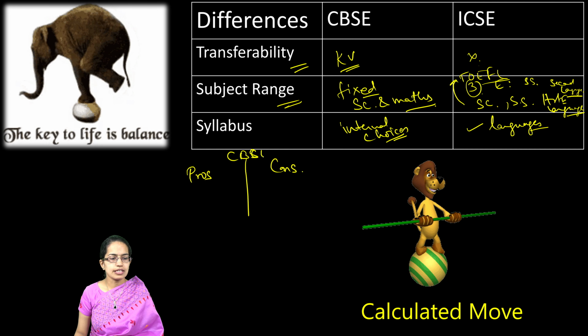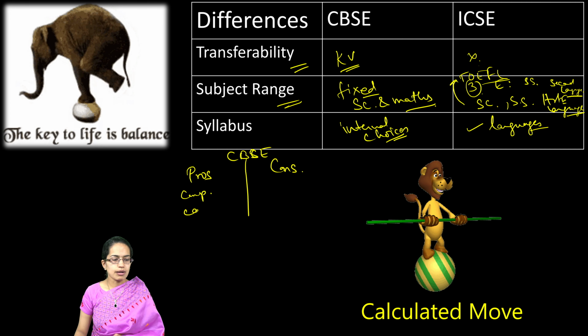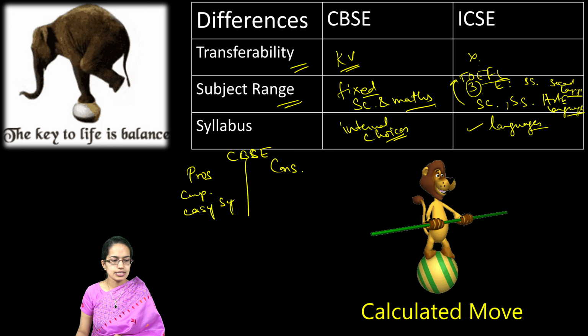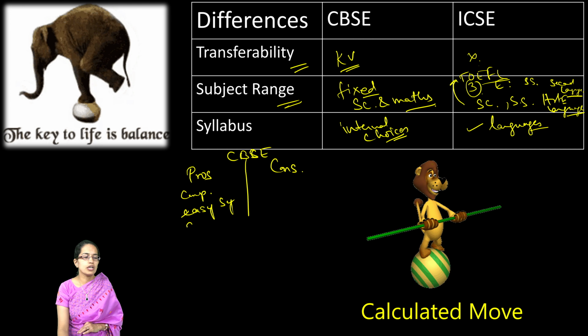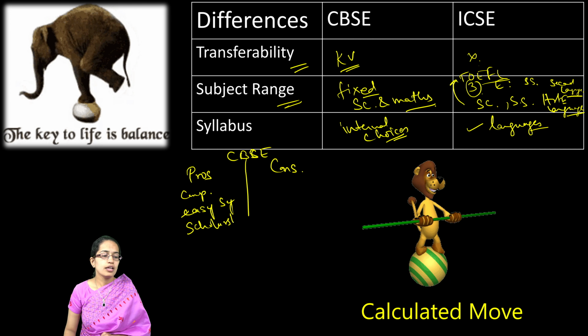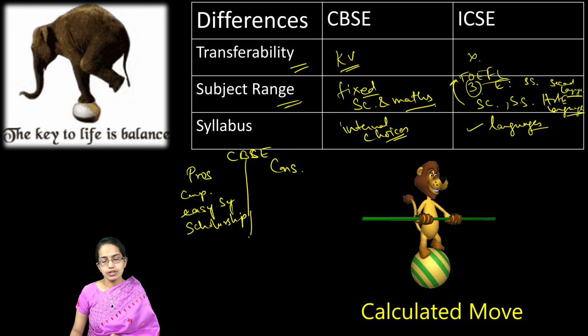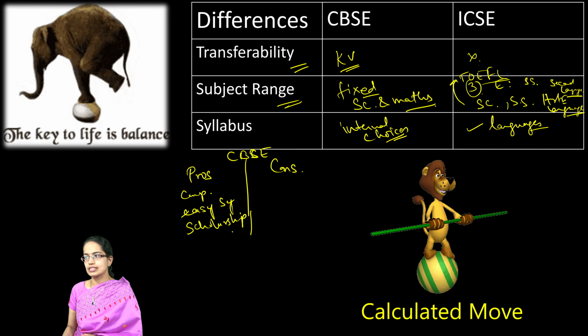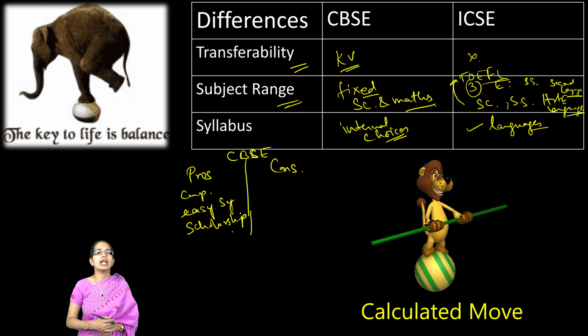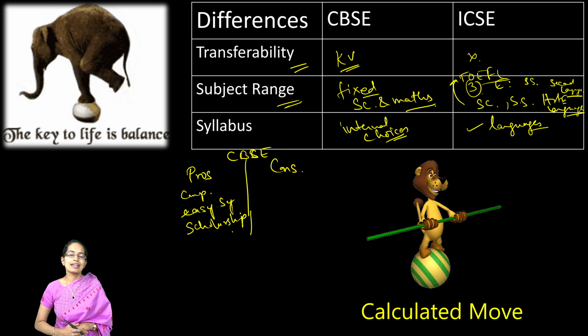Now, CBSE, as we said, is good for competitive exams. You have a comparatively easy syllabus. The content is not very vast. A lot of scholarships are available. Students who are looking for private tuitions definitely get more opportunities with CBSE in contrast to ICSE. You have more teachers there. Less of syllabus is seen, but there are drawbacks.